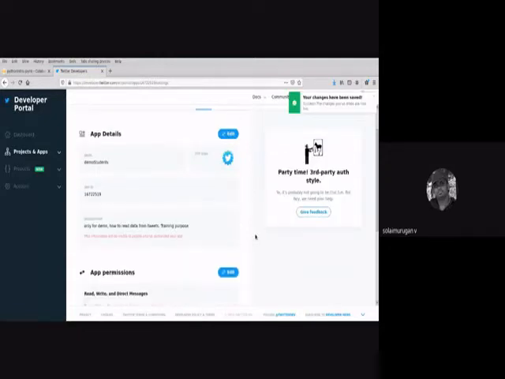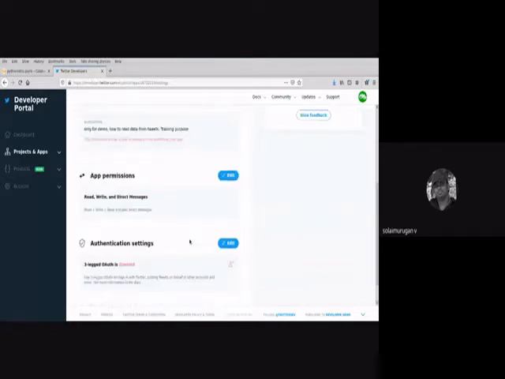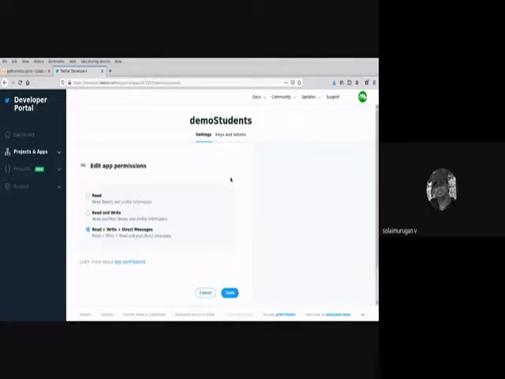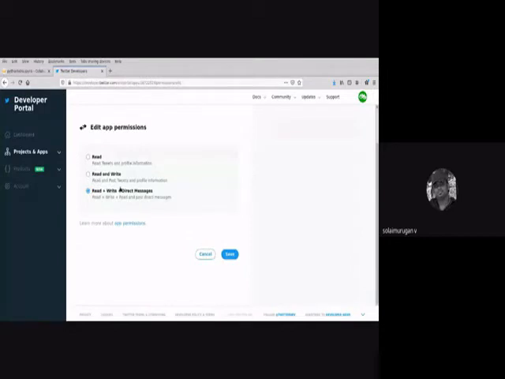Once you have given the basic information like name and description, you have to give the proper permission. What kind of permission do you want to give? You can give only the read permission, which means you can collect data from Twitter.